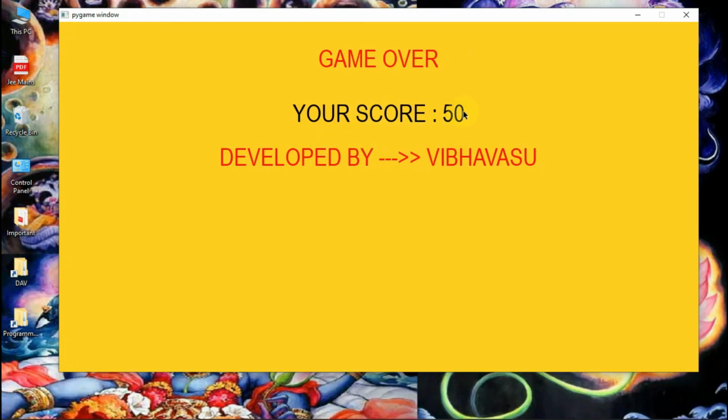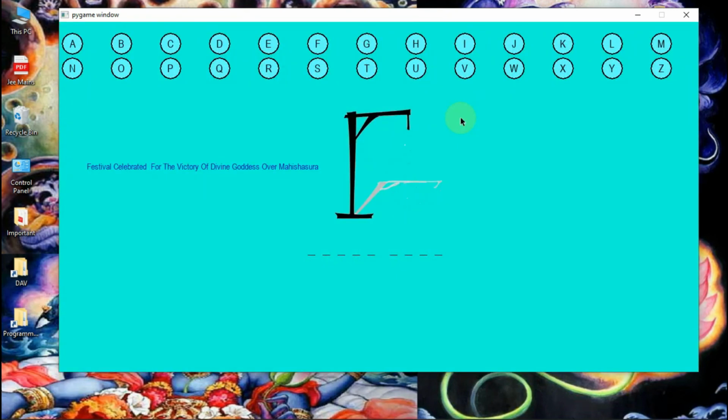As you would remember, before the game was over, the blue color difficulty level was there, and when I press enter, the game will again start with the blue color difficulty level. If I want to quit the game, I can simply press the cross button. The game has many other questions, many other colors, and many other surprises hidden in it that you would need to explore.